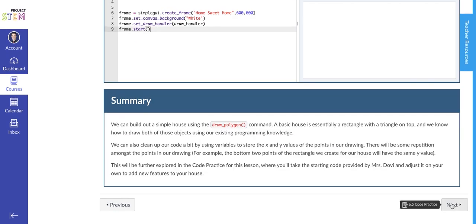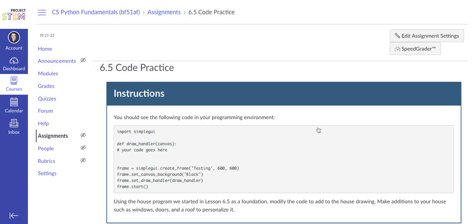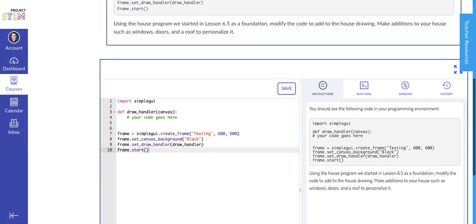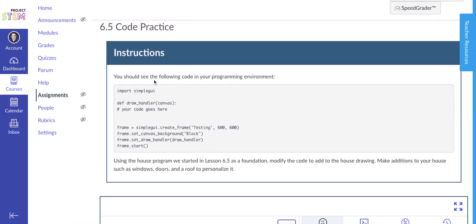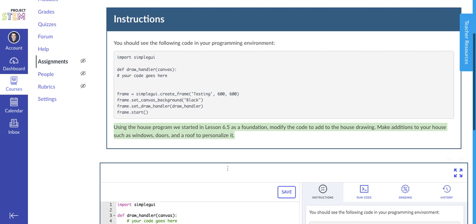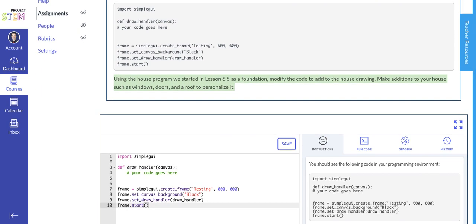All right. So you watch the video, go click through the information there, and then try it. Okay, so you should see the following code in your programming environment. Using the house program we started in lesson 6.5 as a foundation, modify the code to add in the house drawing. Make additions to your house, such as windows, doors, and a roof. Okay, so